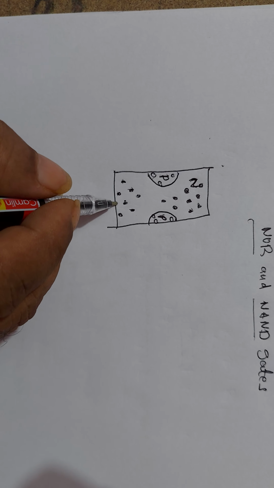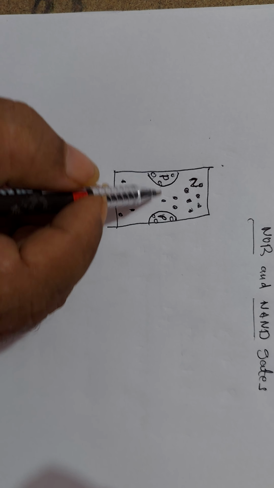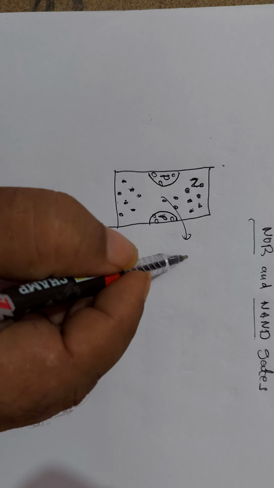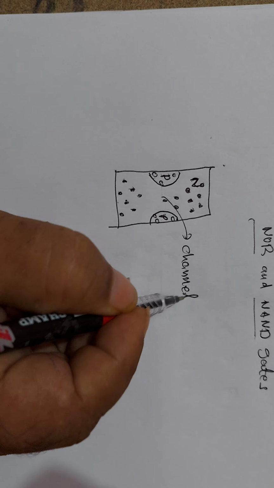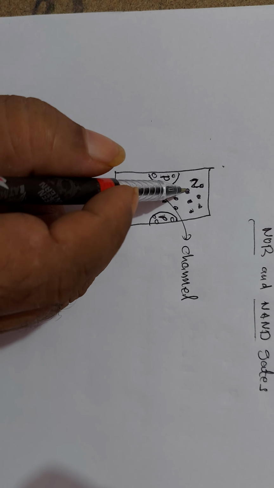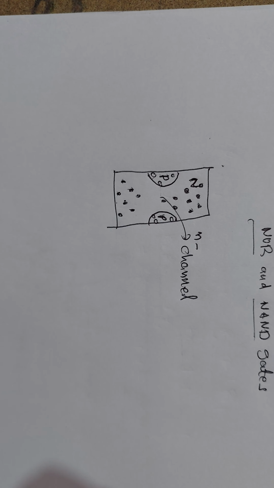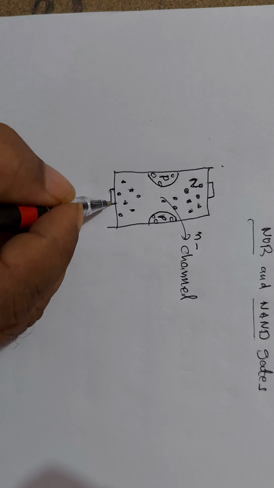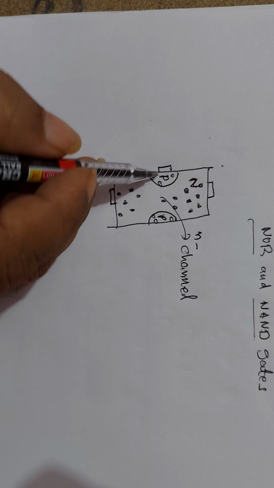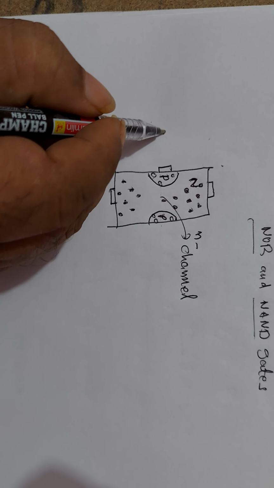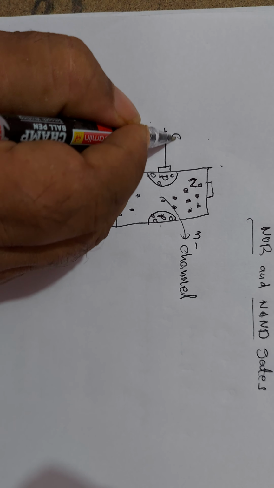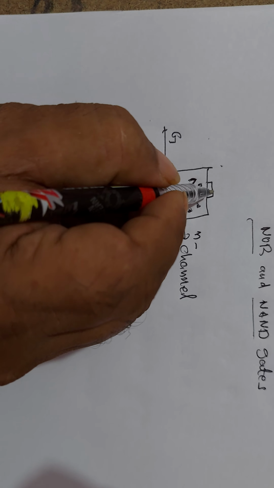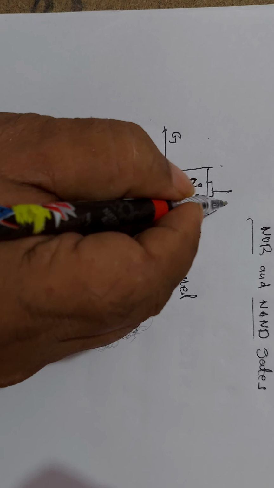Now, the electrons can flow from the lower end to the upper end through this width. This width between the two P sides is called the channel. Since the channel is N material, it is called N channel. Now, metal oxide is deposited on either side. These two P regions are connected internally, carrying a lead known as gate, a lead at the lower end known as source, and a lead at the upper end known as drain.